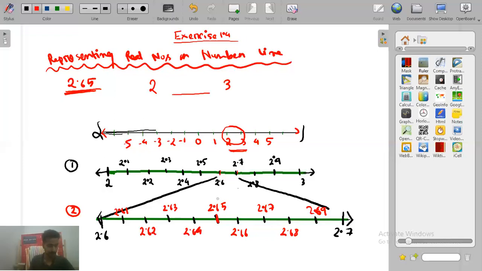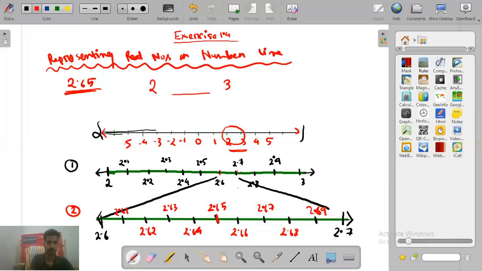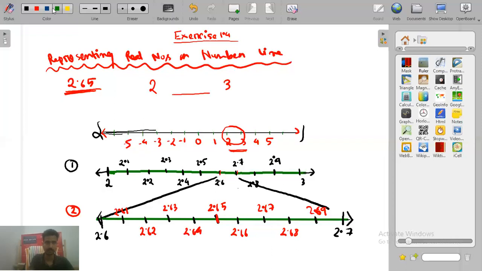So this method is called what? This method is called successive magnification. So you can write down like this, give an arrow mark or give a circle. You can give a circle here. Suppose let me draw one circle here, suppose with blue. But you have to do this with the help of a scale and pencil. Okay. So this is the method, and this method is known as what? Successive magnification method.